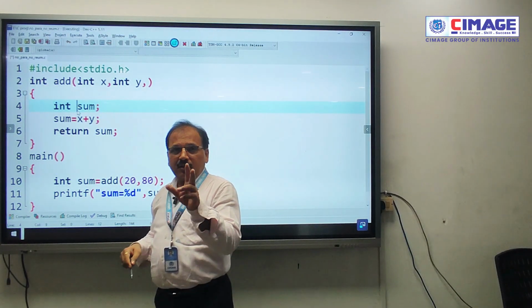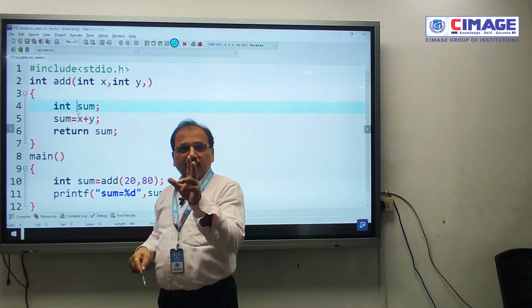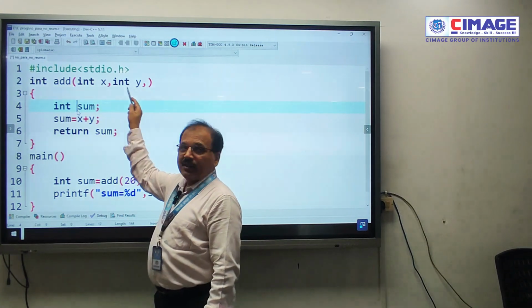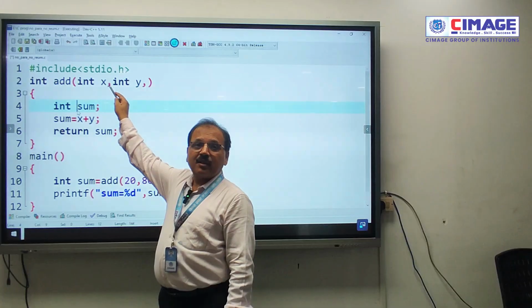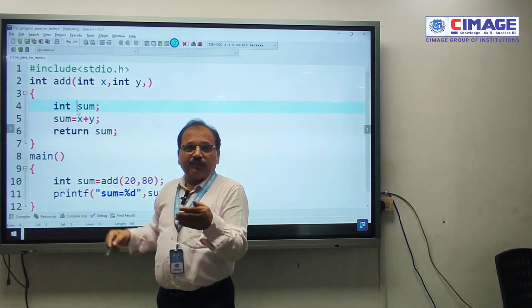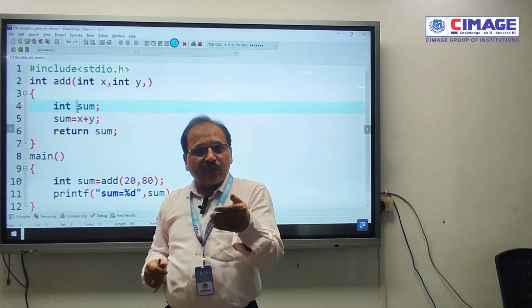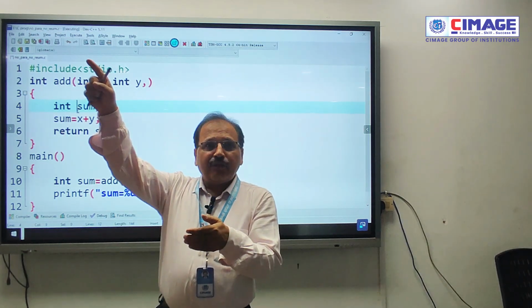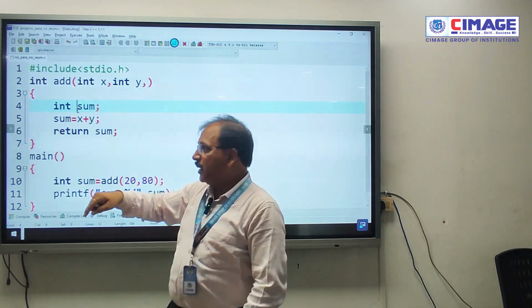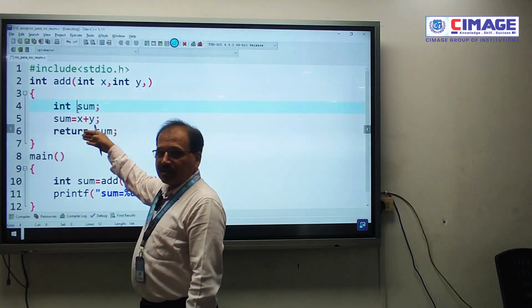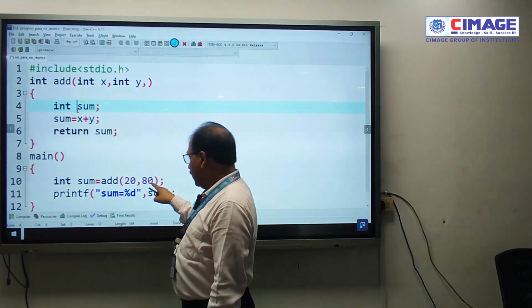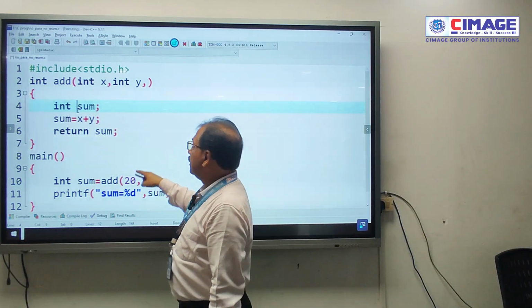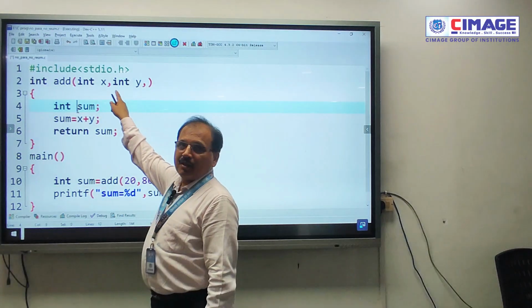In the function definition where you have defined the parameters, these are going to be the formal parameters. So the value which you are passing through the actual parameter is getting copied on the formal parameter, and based on the formal parameter, your function performs certain work. So here 20 and 80 are going to be called actual parameters, and this x and y are going to be called formal parameters.